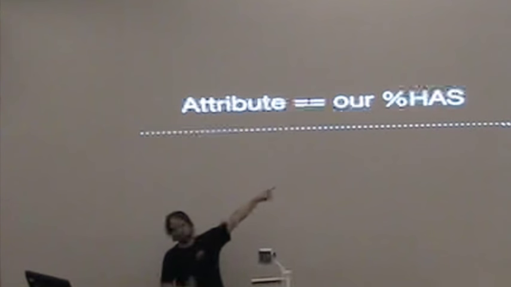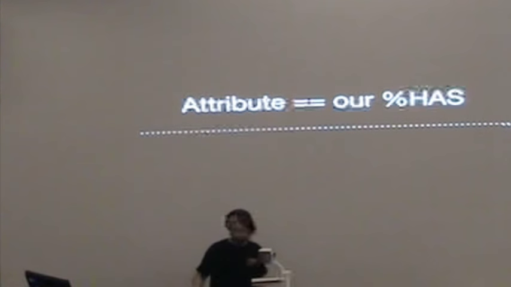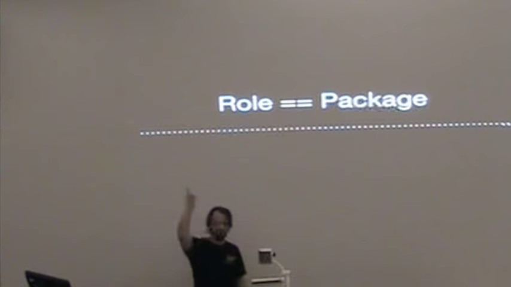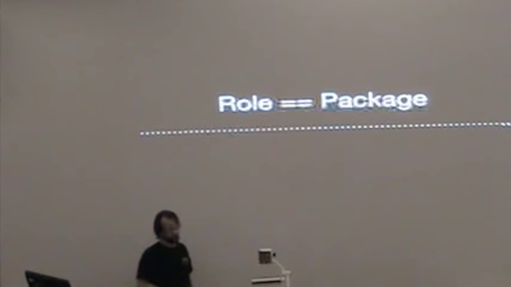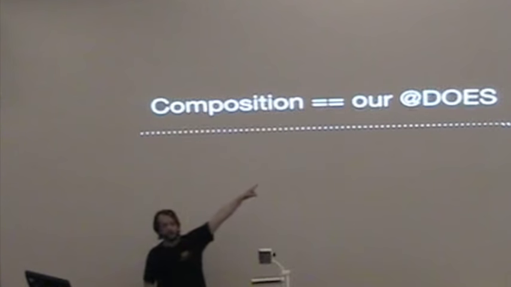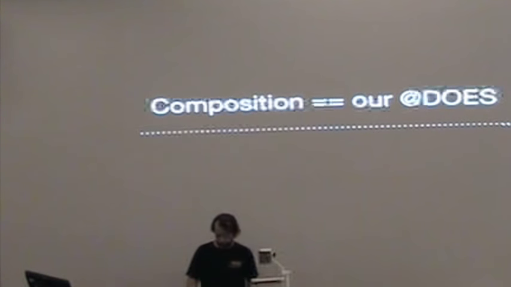So my proposal is to follow basically the same convention as our ISA and do our HAS. And all that contains is a slot name and a subroutine ref on the other side that will do the initialization. It'll make more sense later. Roles are something I'd like to introduce. Actually, these are the only two things I want to introduce: roles and some way to define the attributes and slots of your class. Roles are just packages. Composition, same as ISA. You just put strings in the DOES array. It's again sort of the same messy nastiness that we're all very comfortable and familiar with.